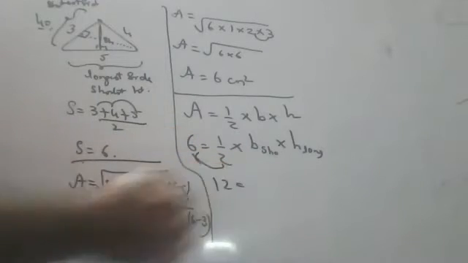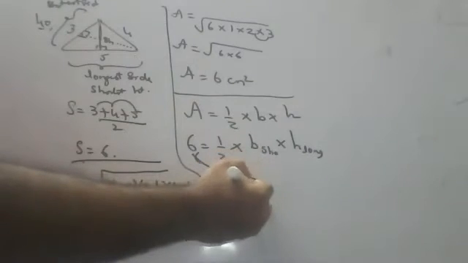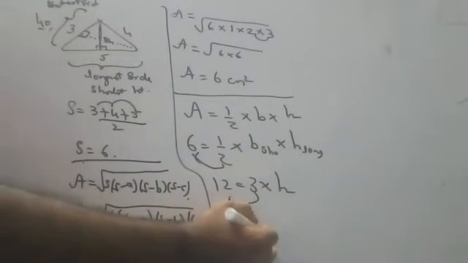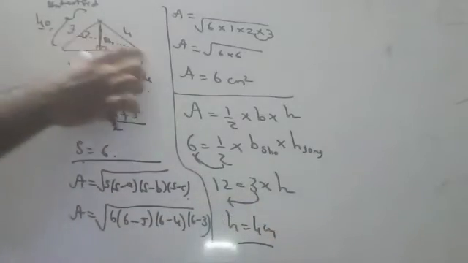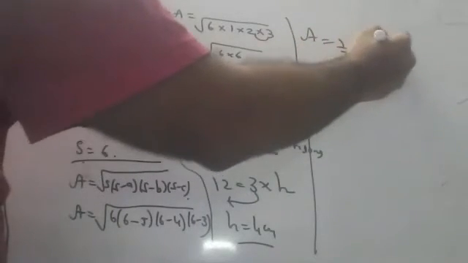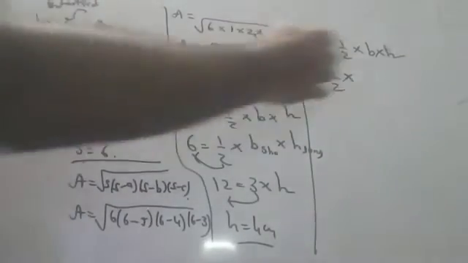So 12 is equal to, which is the shortest base, children? Shortest base is 3. Then you will get longest height, that is 4 centimeters. It's the longest height. From here to here inside, this is the 4. Okay, and A is equal to half into base into height. So 6 is equal to half into, suppose if you want to have